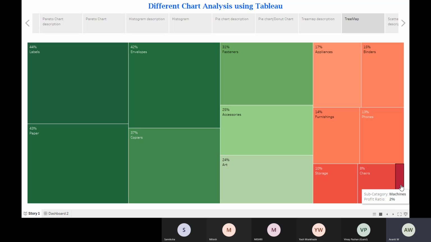That means the sales divided by profit ratio is nothing but 2%. So I need to keep a close watch on this particular subcategory, that is machines, which is showing the minimum profit ratio. And opposite to that, when I'm looking at the greener area, it is somewhat pleasant, or we are just happy to see the green color, or we are pleased to get